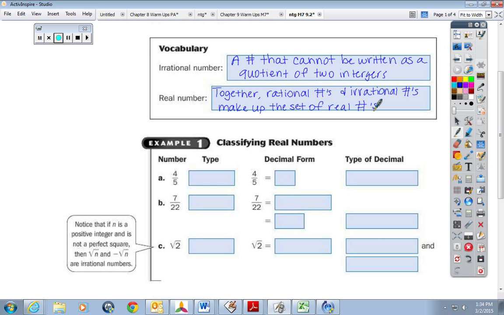So how do you know whether a number is, okay, so they're all real numbers what we're talking about today. So how do you know whether it's rational or irrational? So obviously if the definition of an irrational number, it cannot be written